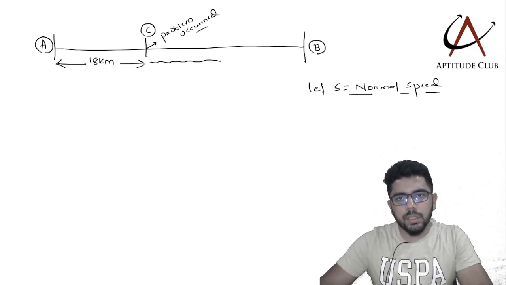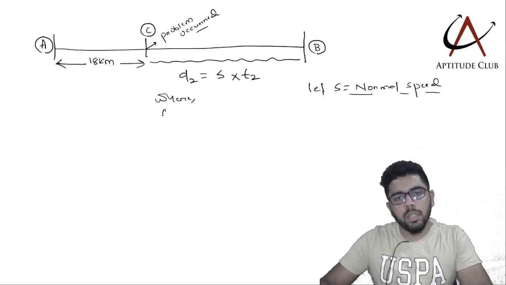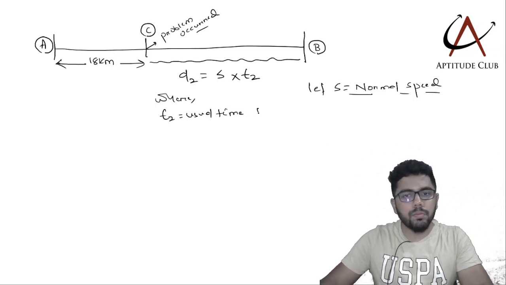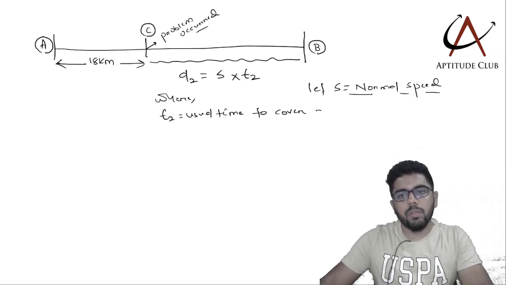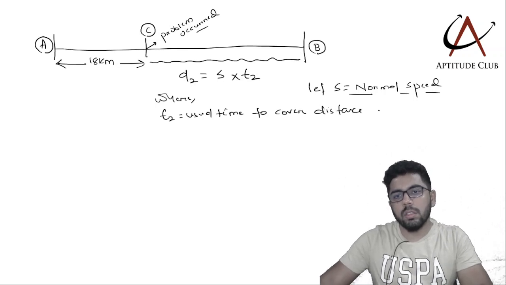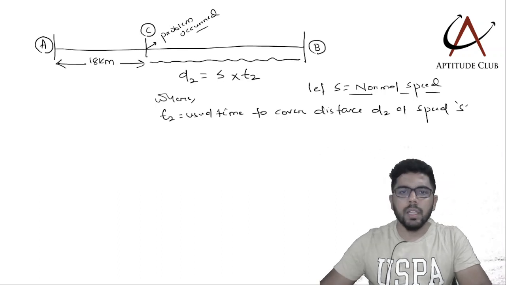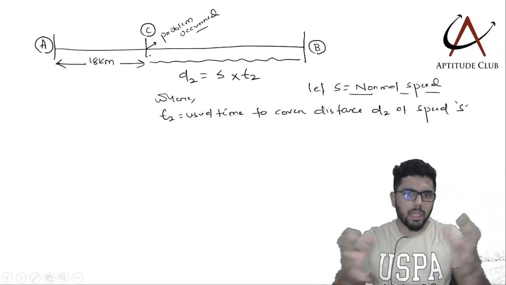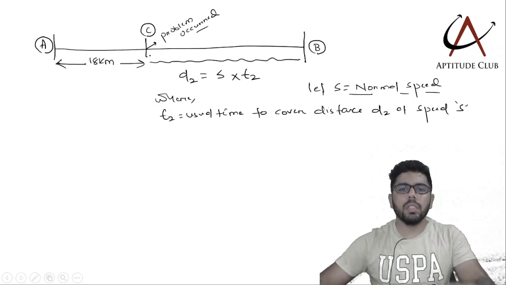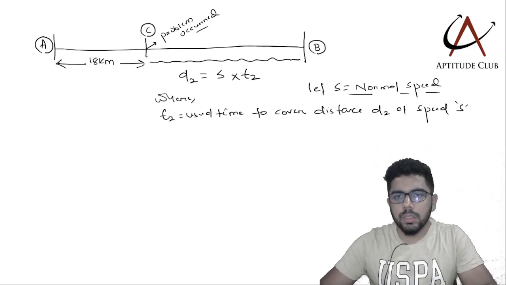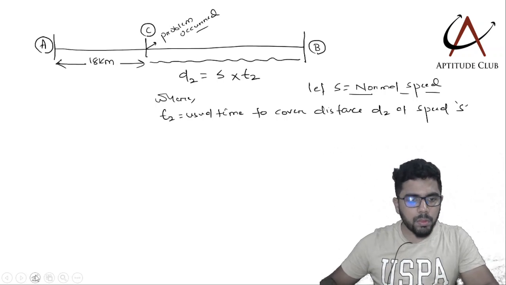So when I am considering this distance CB, let this distance be D2, which will be speed into time T2, where T2 is the usual time to cover distance D2 at normal speed S. So if there had not been any problem and the car had covered the total distance normally, the time taken is T2 for this distance D2. Now because of the problem, what happened is